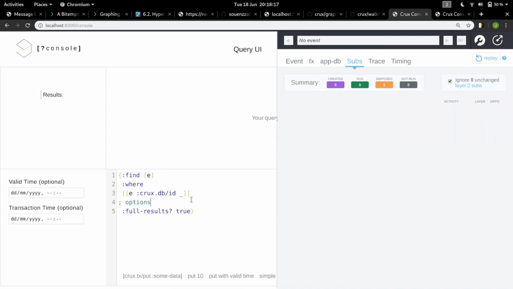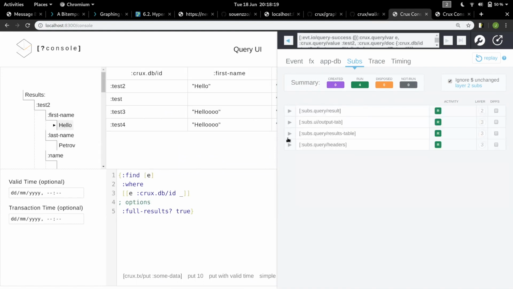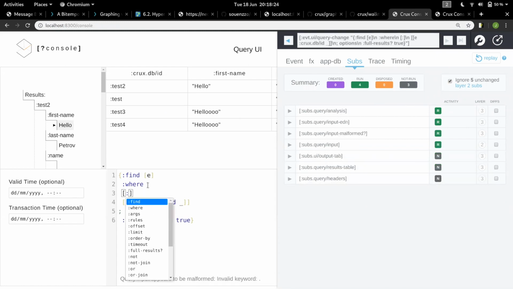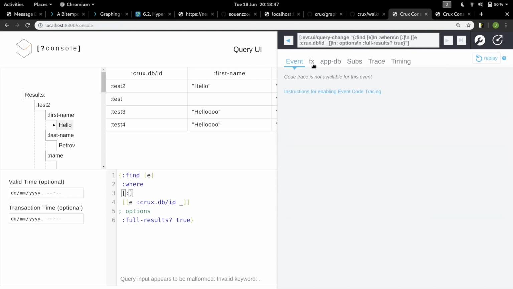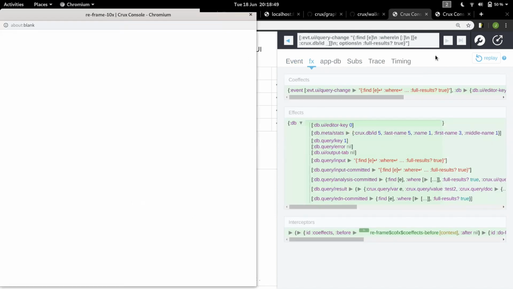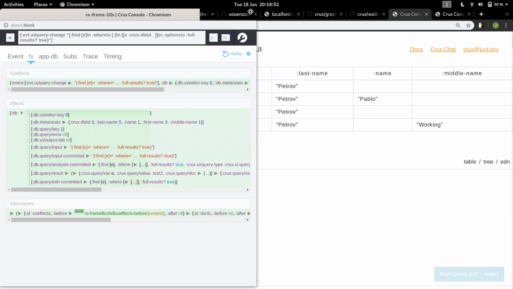So yeah, if I do submit a transaction, you can see how it's all working. And you may have noticed as well, as I was typing, it's suggesting common things that might be useful in Datalog, but it's also pulling stuff out of the database, and that's by virtue of the fact that there is actually a way to say, well, what are the known attributes in my database, and it's pulling that out into here somewhere, metastats. Yeah, so it's pulling out and it's counting the number of attributes that are known. So that's how that works. So yeah, this is very much work in progress, but we're excited about continuing to work on that and develop that for a long time.